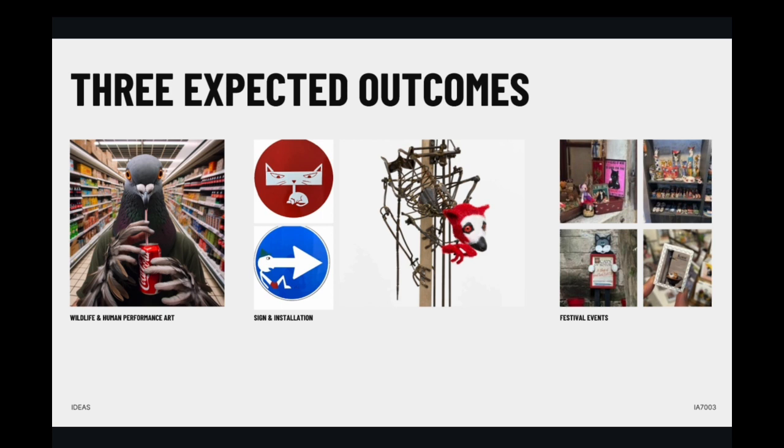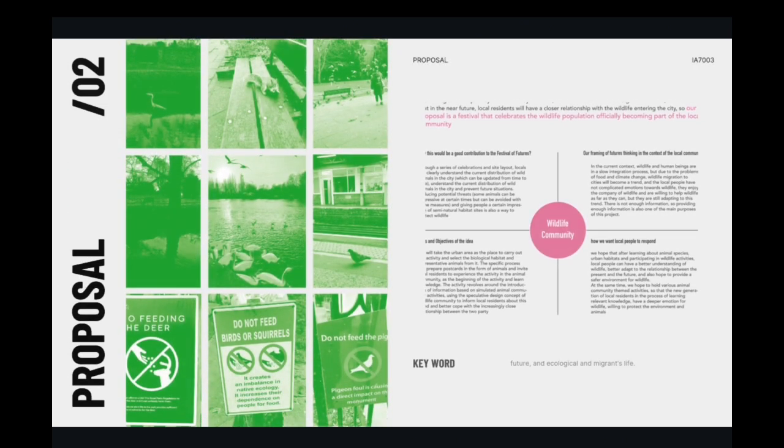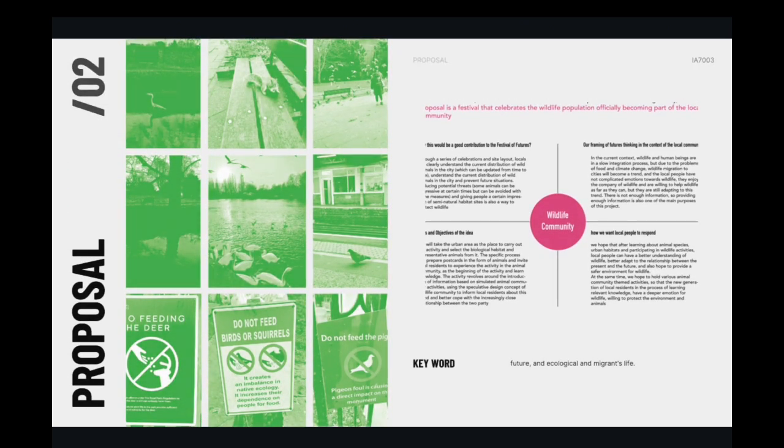In the initial environmental phase, we developed 3 concepts: festival-related event, sign design, and wildlife-human behavior art. Course feedback later directed us to concentrate on sign design. However, we still see potential in the other 2 ideas and plan to further explore and develop them in our subsequent collaboration. The name of our project is Wildlife Migration 2044, which focuses on the future of the college and the lives of